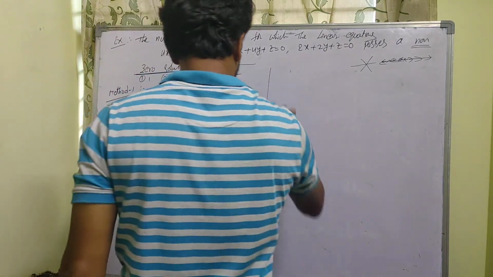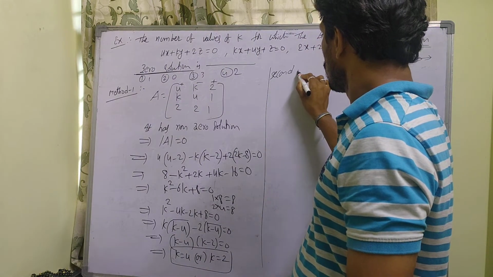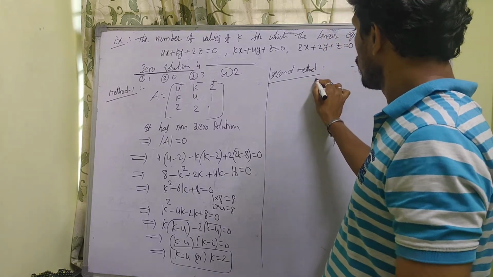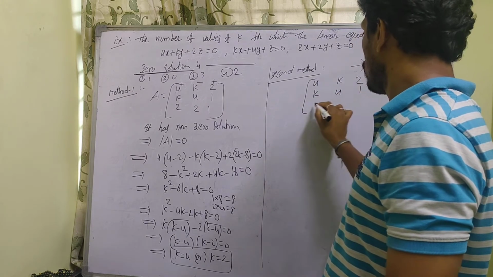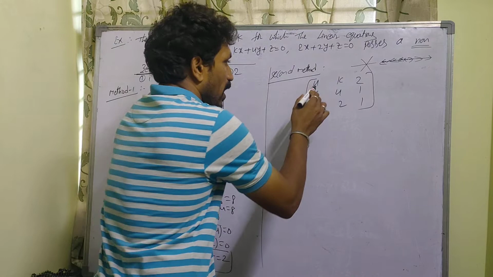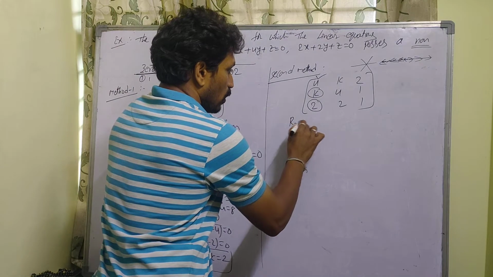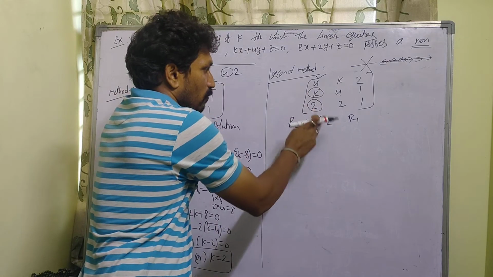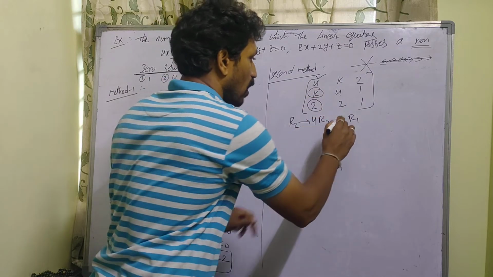So if you go for echelon form, same question. See here, the matrix is only the coefficient matrix, not the augmented matrix. Directly you take the coefficient matrix and apply the same procedure. You just make these two entries zeros by using this one. See here, R2 implies R2 and R1 you have to write. The coefficient position of R1 is 4. 4 multiply to R2 and k multiply to R1.